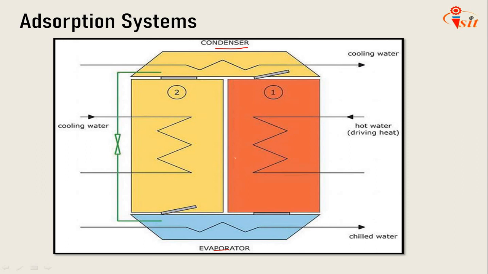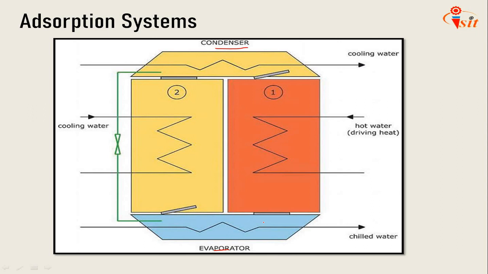Now here the figure shows the adsorption cycle solar cooling system. The working cycle of 5 to 7 minutes consists of 4 steps. First step, the adsorbed water is desorbed after the application of thermal energy or solar energy. The collector becomes the generator.